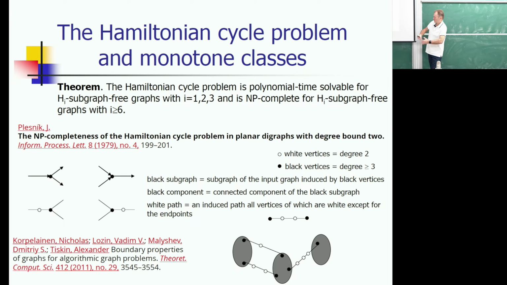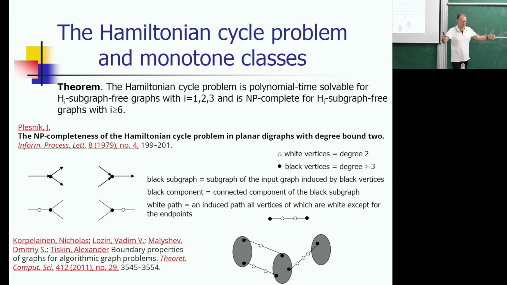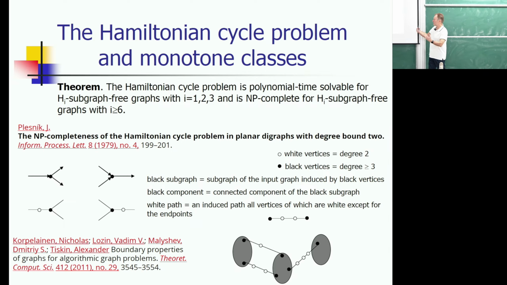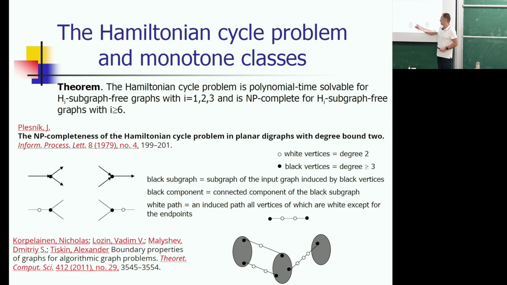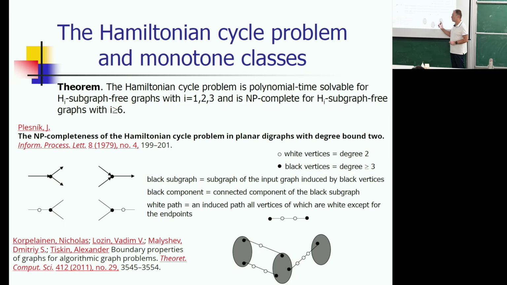So the general structure of graphs in this terminology, with respect to these colors, can be described in the following way. We have a number of black connected components, might be just one of them. But if we have several black components, then they are connected to each other by white paths. And actually, we can assume that each black vertex is incident to at most one white path,